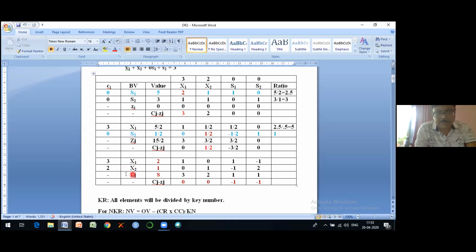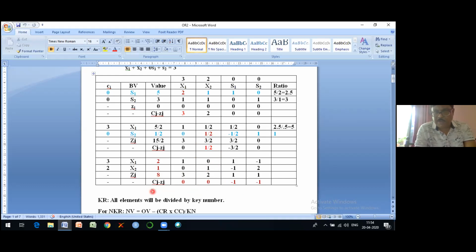Here we have written x2 is coming and x1 is already there. Then we have got x1 and x2. Applying the same rule, you will just work out all these values at your home. This is your home task. Otherwise, you cannot understand. I have already explained the rule. Whatever rule we have followed in the second table, the same rule will be followed in the third table.